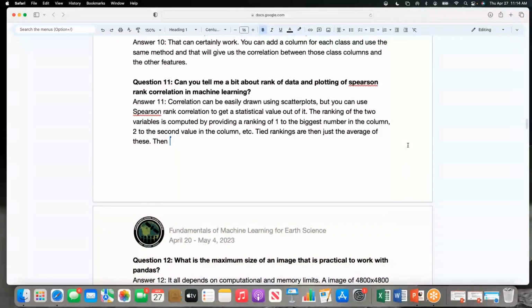I can take that one. The basic idea is that you can even see correlation using scatter plots. But we use the Pearson correlation just to get that statistical value that we can then use to observe or quantify some of these